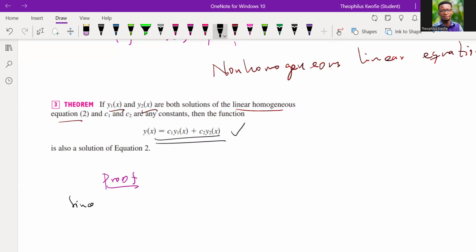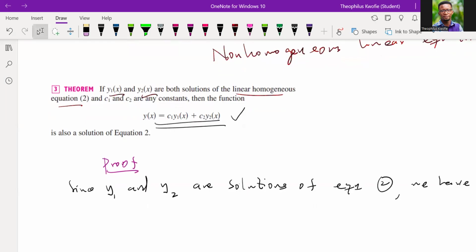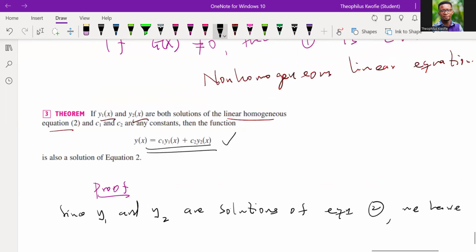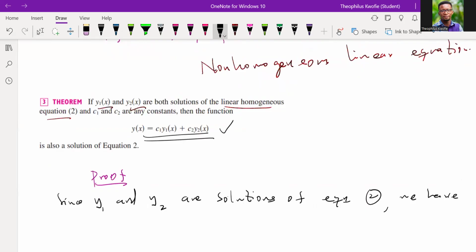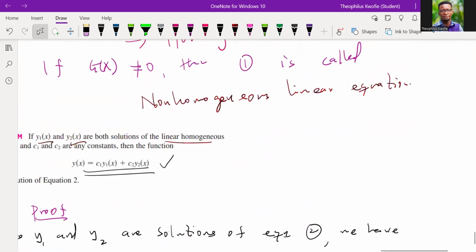Since y1 and y2 are solutions of equation 2, remember this is your equation 2, it means that they will satisfy this particular equation, right? So in which case